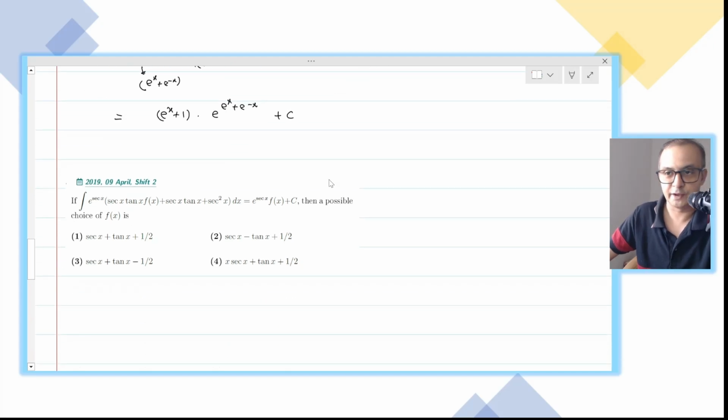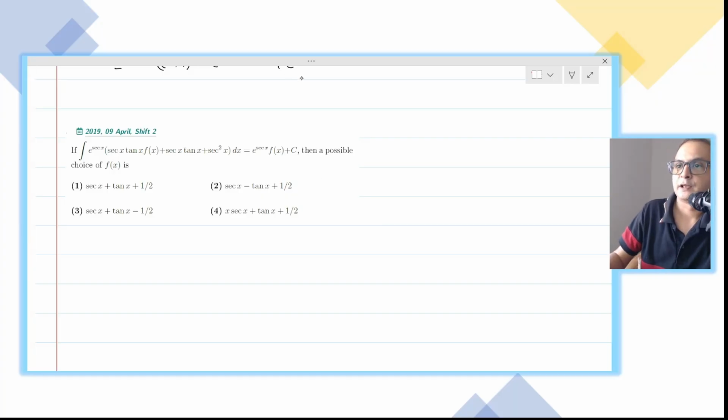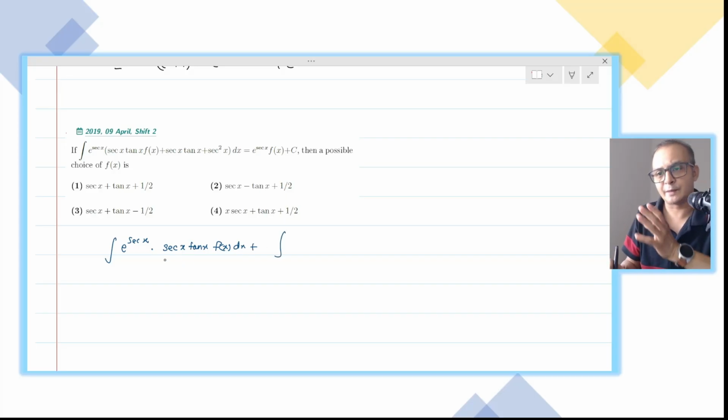Now another question we have. Let's see if we can do it. And you can notice there is a similar structure, because again we have to find f(x). But what we can think here, we can think that I have e to the power sec x, and I'm multiplying this e to the power x to both or all the terms together. So I have e to the power sec x into sec x tan x and into f(x) dx. And the other term, because why I'm always separating, because see that I have this u(x) and this is u dash x. It means I'm